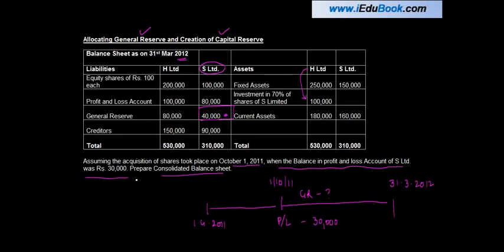Okay? Let us see how we prepare our consolidated balance sheet. So here you have fixed assets 250 and 150. What I will do is, for the interest of time and space, I will prepare this balance sheet in the format prescribed by Schedule 6, but instead of showing liabilities first and then assets, Schedule 6 presents in this format. So you have equity and the asset side, or the liability side and asset side coming like this. I will consider the equity side on this side and the asset side on this side.